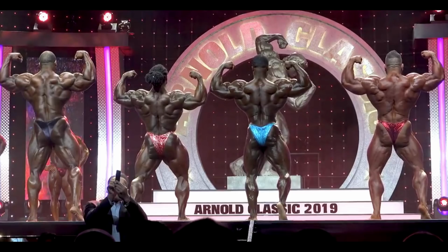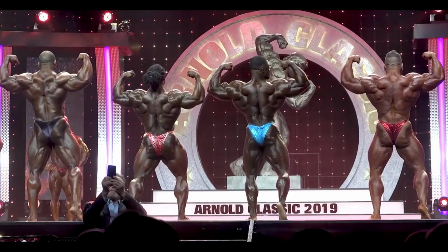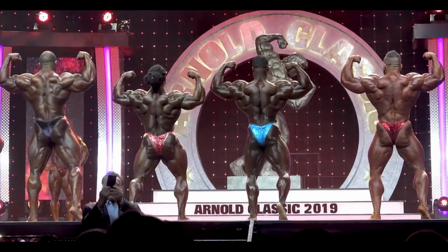So outline-wise, it's undeniable that Currie is just vastly superior. So it really comes down to another case of apples and oranges and what you choose to give preference to. Do we go with greater detail, better lower body, more completeness, or do we side more on the side of structure and aesthetics? So that's really up to personal preference, and I would lean more towards Currie in this one